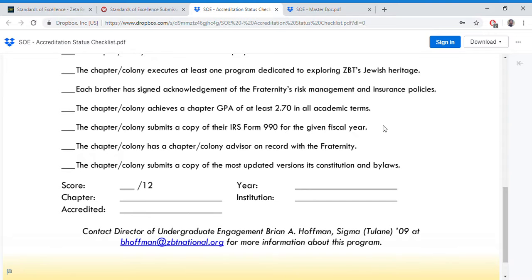The second to last one is that the chapter or colony has a chapter or colony advisor on record with the fraternity. This is to ensure that you're getting the support you need locally or remotely, and that you're getting multiple perspectives, not just from the headquarters and from your campus advisor, but from an alumnus or a volunteer who's committed